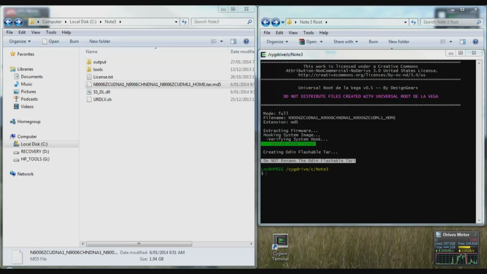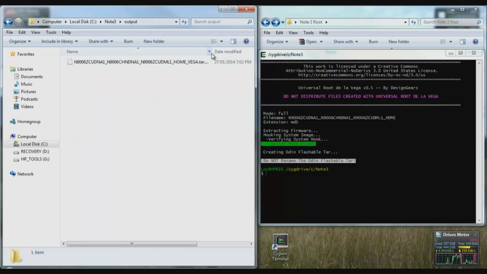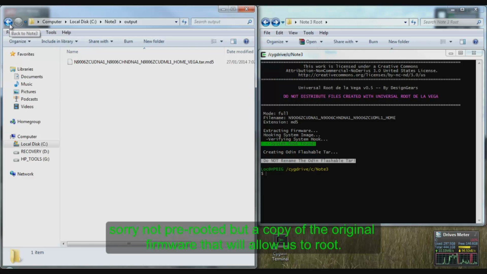Okay, so you can see that's a good sign, no errors, and that it verified the system hook. And what it's done is, if you look over here, it's created this tar file, this firmware that's pretty much pre-rooted based on the original firmware. So now